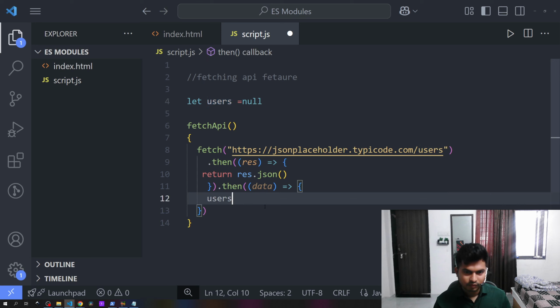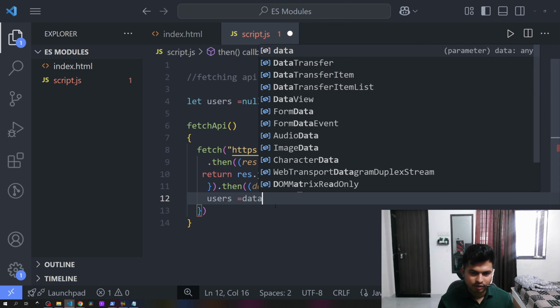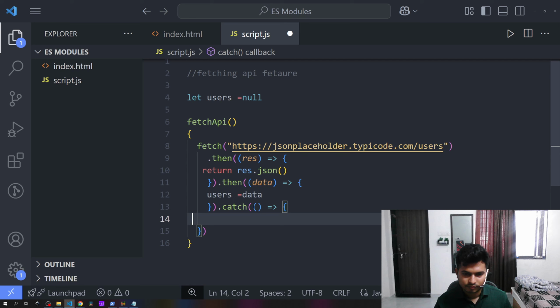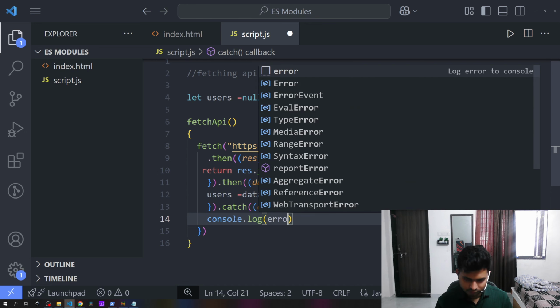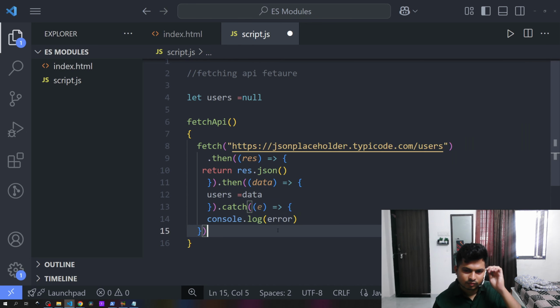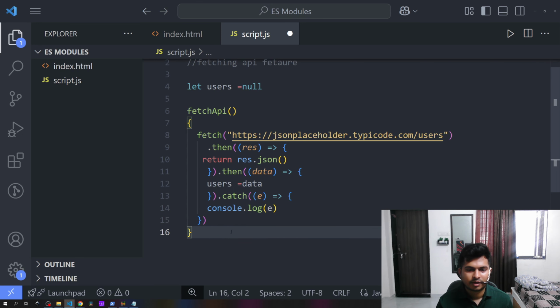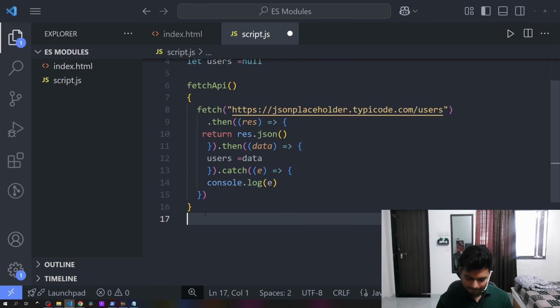Then we can store that user data inside this users variable. In the catch, let me log that error for now. Then if there is something inside users,